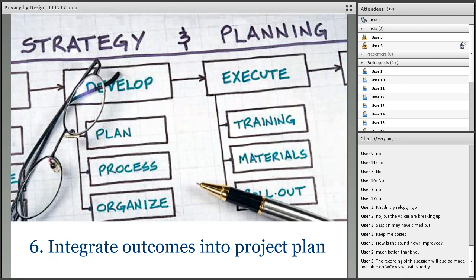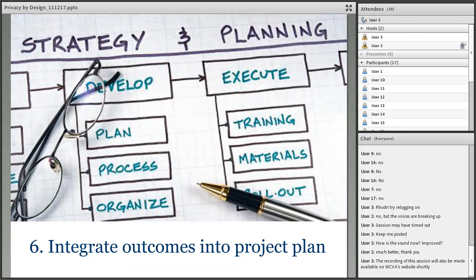And the final step is to feed the results of the DPIA back into the wider project management process, so integrating the outcomes into the project plan. Most of the work required by a DPIA will take place during the planning and early implementation of a project, but your charity should also take care to ensure that the steps taken as a result of the DPIA have been properly implemented and are having the desired effect. So DPIAs are an evolving process, rather than just something that's carried out at the beginning and forgotten about thereafter. For example, if a project's aims change through the life cycle, the screening questions may need to be revisited to ensure that the DPIA is still appropriate.